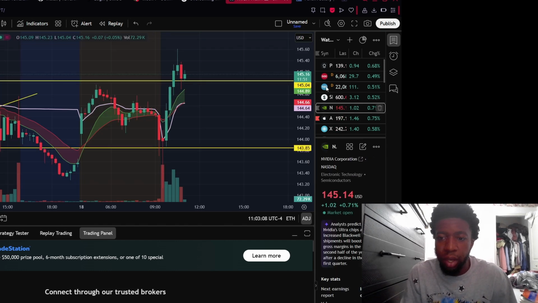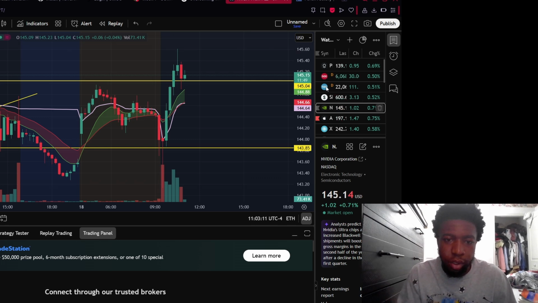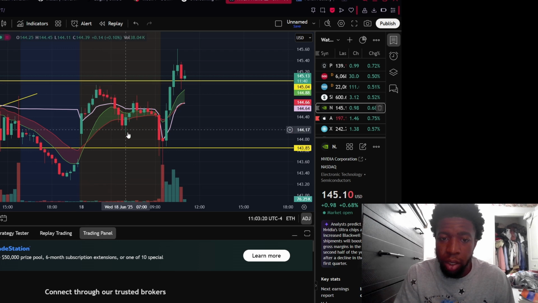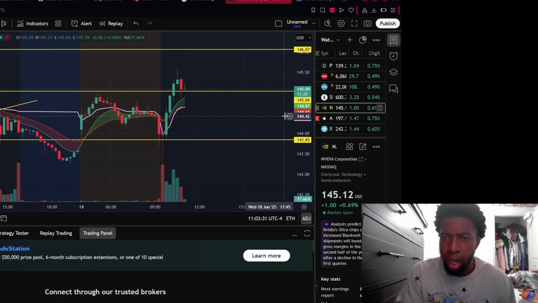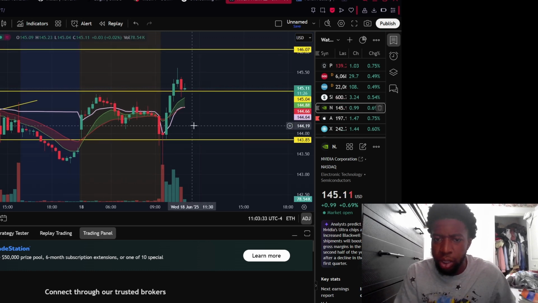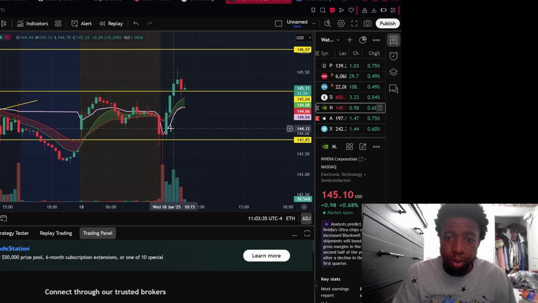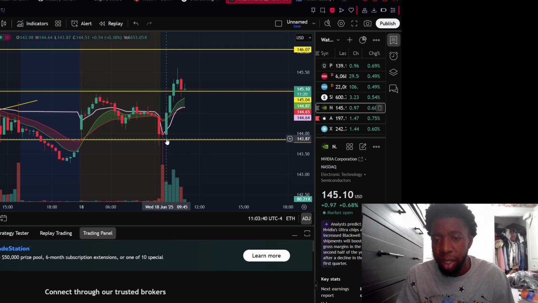But other than that, let's go to NVIDIA. Next we have NVIDIA on the 15-minute as well. It's more consolidating, so neutral. We could say this is a higher high, higher low, lower high, lower low, and then a higher high. So it's a little bit more random, with a little more uncertainty. But pretty much NVIDIA did something similar.